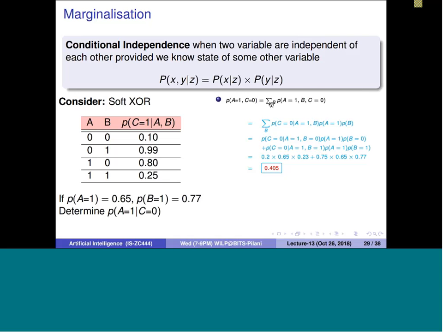All right, so where we were. If you apply the Bayes rule, you are going to get this particular formulation, and then for all possible values of B, B can be 0. When you put B equal to 0 over here, and then when B is equal to 1, you put B equal to 1 over here, and then these values you can take from the table. Probability of C is equal to